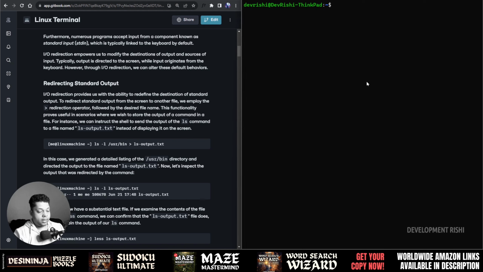Okay, so let's quickly have a look at this command. What we are going to do is type ls -l /usr/bin, and we are going to redirect the output. If you remember, this command displays the files within the directory /usr/bin, but now we are going to redirect the output of this command to ls-output.txt. So now when we press enter, whatever output was supposed to pop up on the screen is now inside this file called